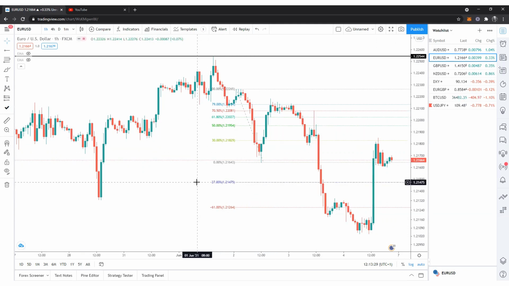That's how to use the Fibonacci. Remember, swing high to swing